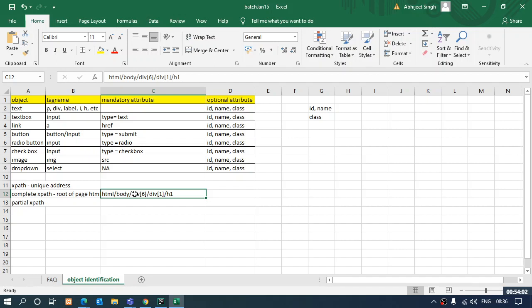If I just want to go to the first division tag, the first tag of any element, then I don't have to specify one. It's not compulsory, it's optional. I just did it to show you that this also you can do. Otherwise you can skip one. If you have to go to the second one, then you have to specify the number. Okay.